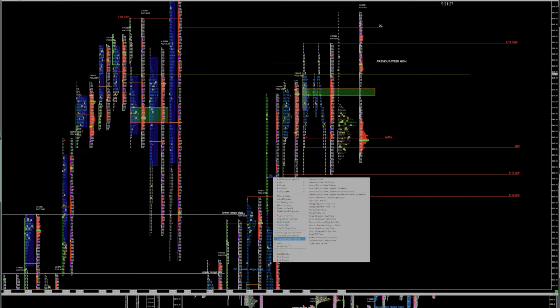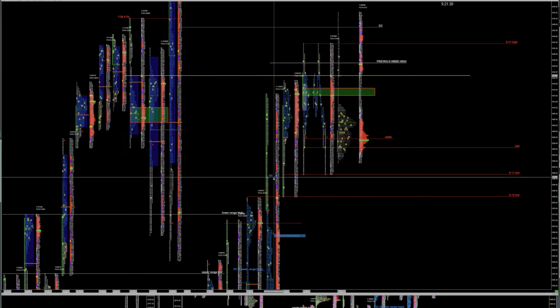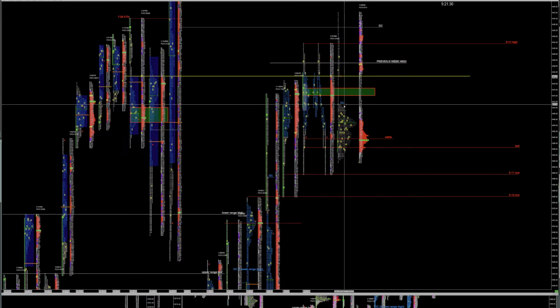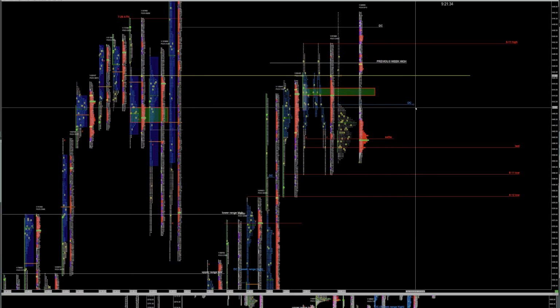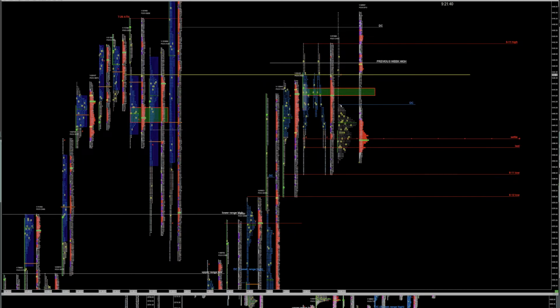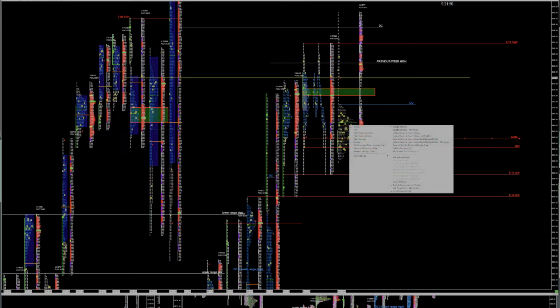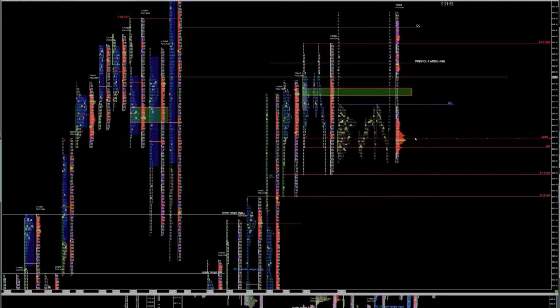And actually, copy and move down. I'm going to use this reference for the overnight, the closing of the overnight distribution as a reference for today's trade. Let me split this overnight profile. Look at what you have here. Look at what kind of longs we have here. Can you see this?